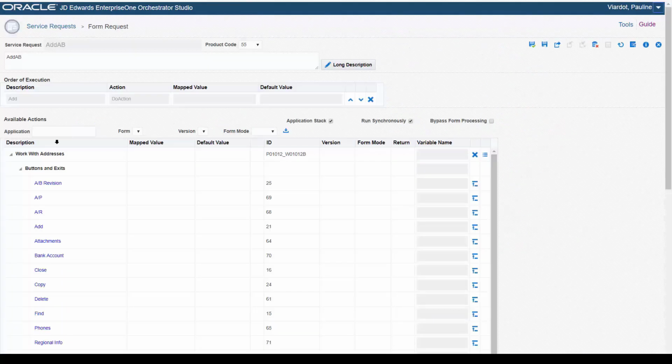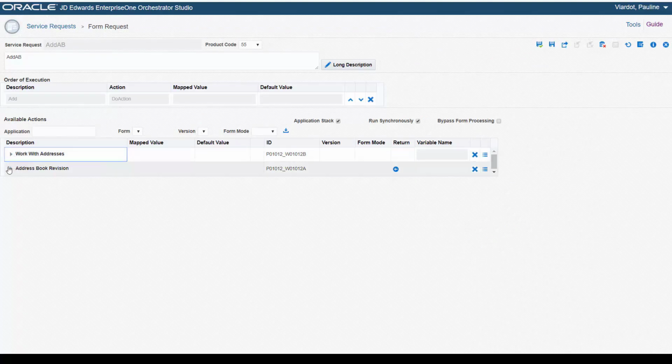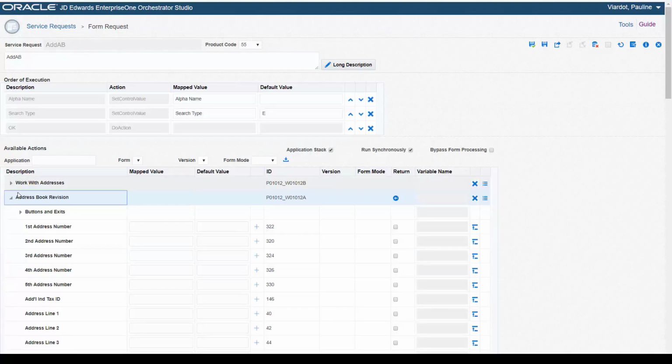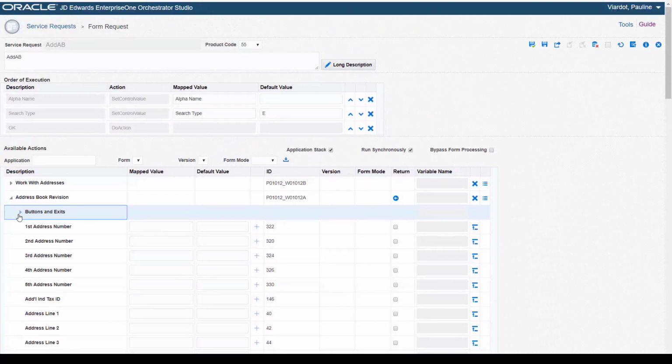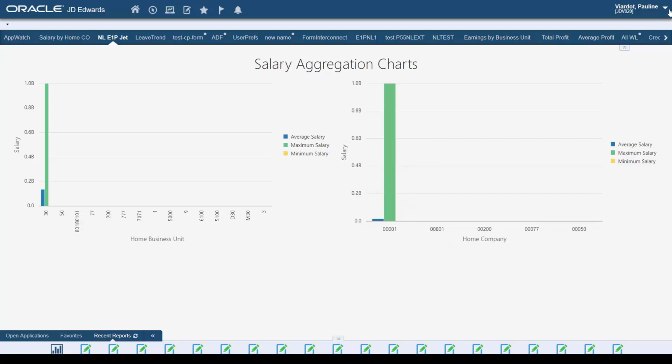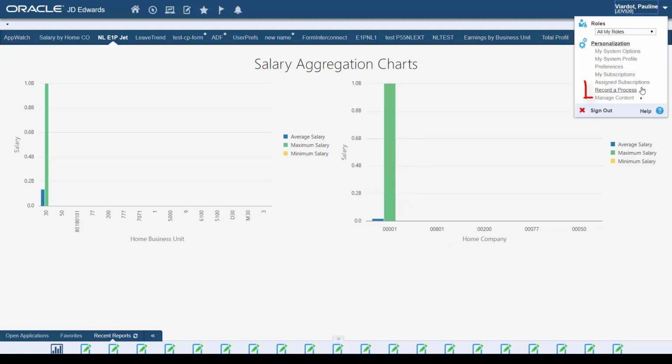Prior to this release, here in the Orchestrator Studio, to create a form request, you had to use the form request design page to load and identify each control and field used to perform the actions in the form request. You had to move each action to the order of execution area and verify the actions were in the proper order. This functionality is still available, but now you can use the Orchestrator Process Recorder to capture the form request